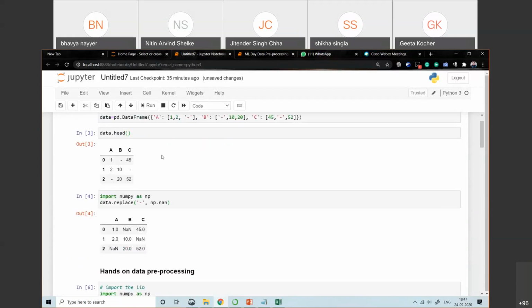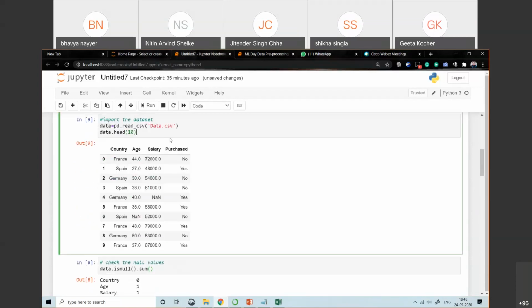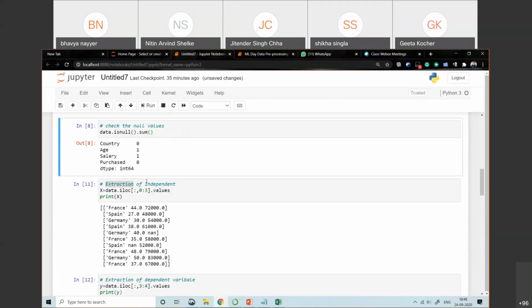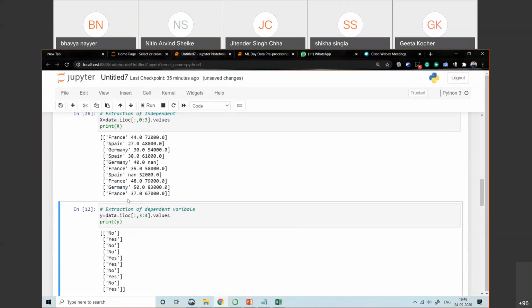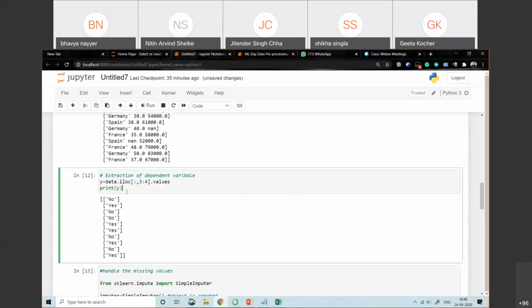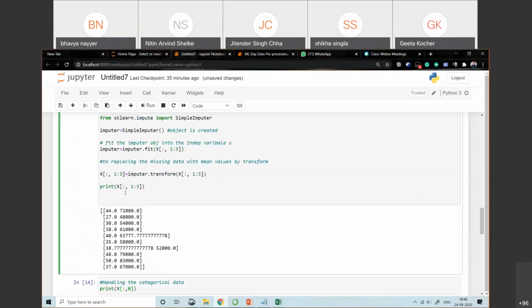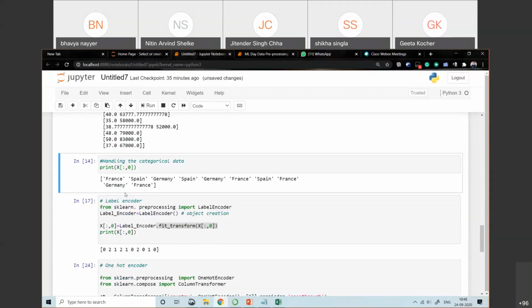Let me execute it again. Let's check it. Extraction of dependent, independent. Right. Then label encoding.